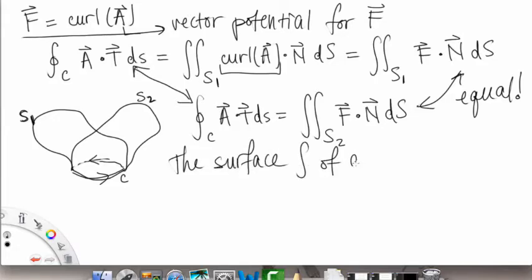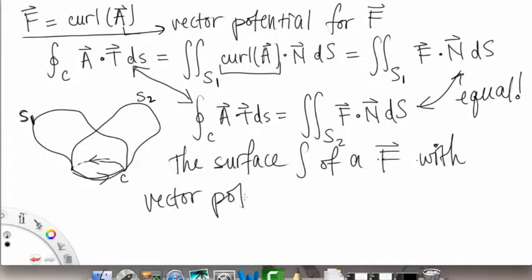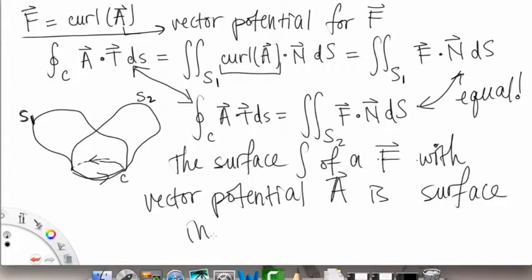of a vector field F with vector potential, as I've defined here, A, is what is called surface independent. So what this signifies is that whenever you have some vector field F up here, okay, and if it